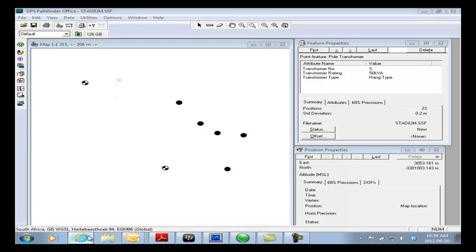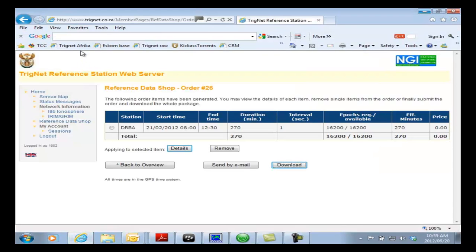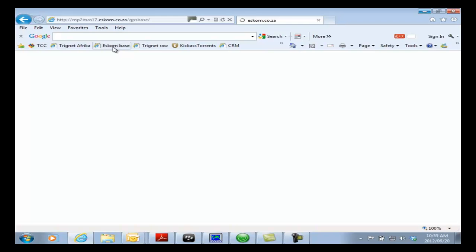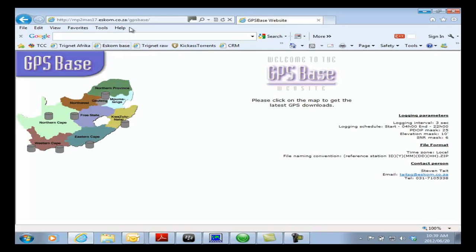Alright, so I'm going to go back to the web, but now I'm going to go to the Eskom site. I'm just going to click on Eskom base here. I've bookmarked this, so you can pause this video and write down the address here. Okay, so this is what the site looks like, and there's KwaZulu-Natal. This is a base station of theirs, and you click on that. You want to use that base station,